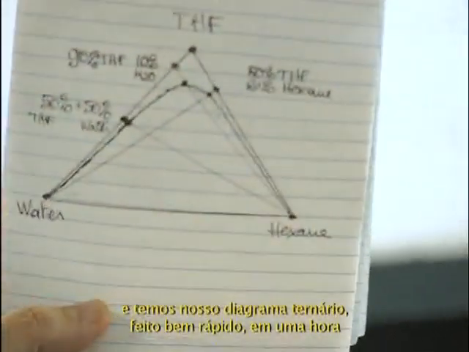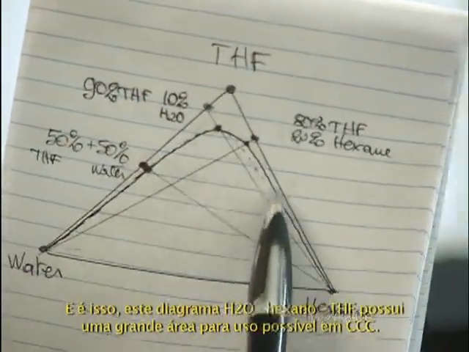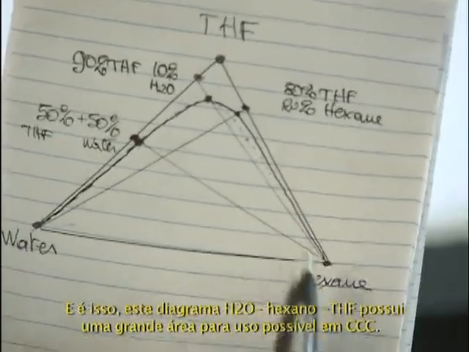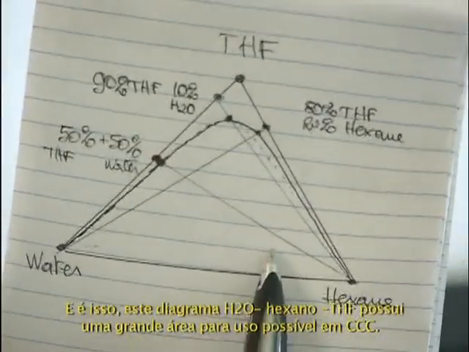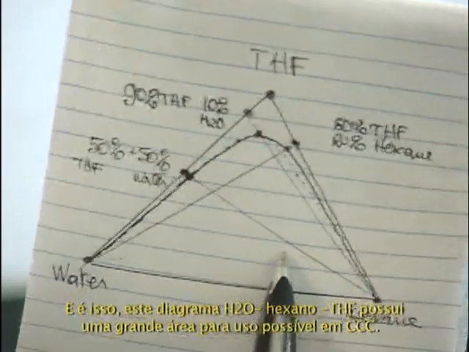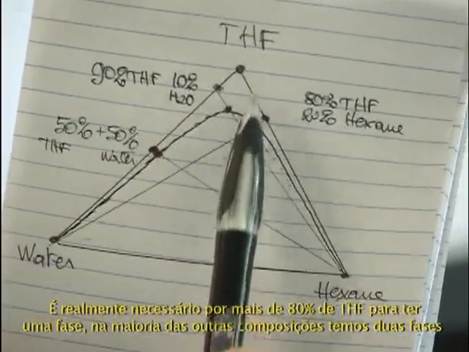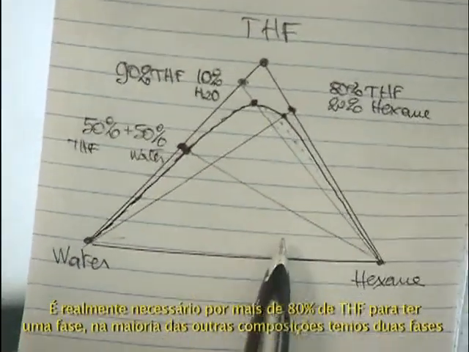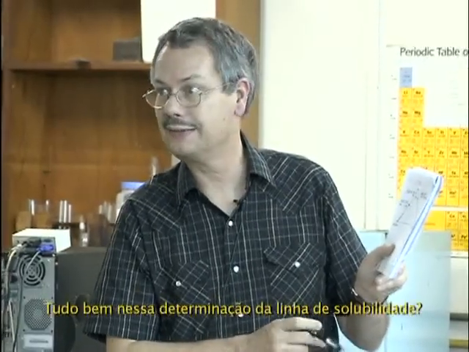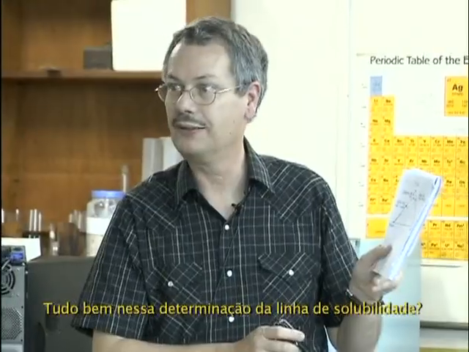It's a little quick with only 3 experiments and 1 hour. But this is it. This diagram, water, hexane, THF, has a large area of possible work in CCC. You really need to put more than 80% THF to get 1 phase. Most of the other compositions, you have 2 phases. Okay, on this binodal curve determination,